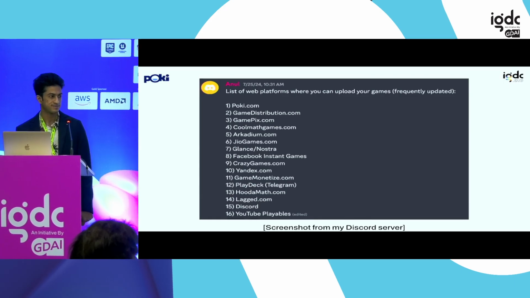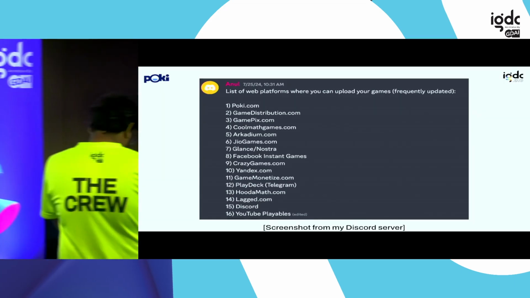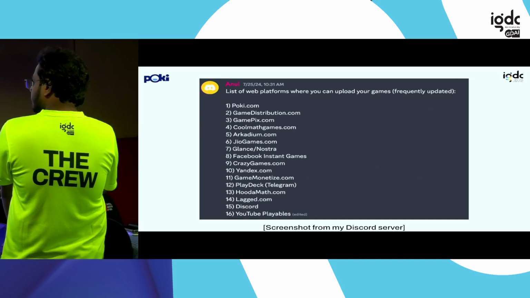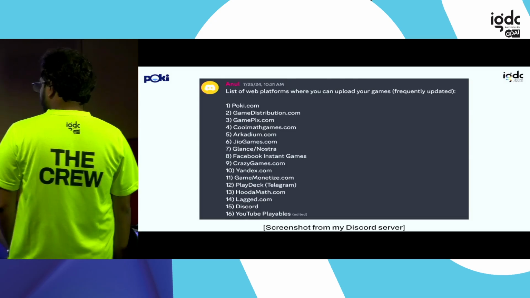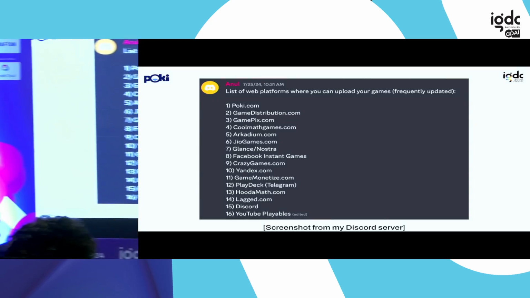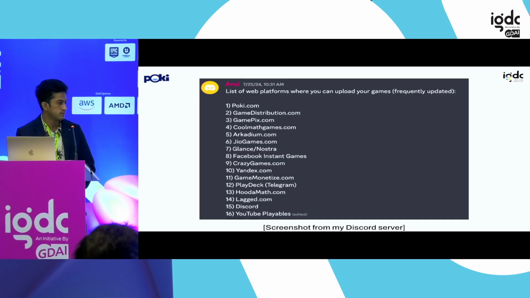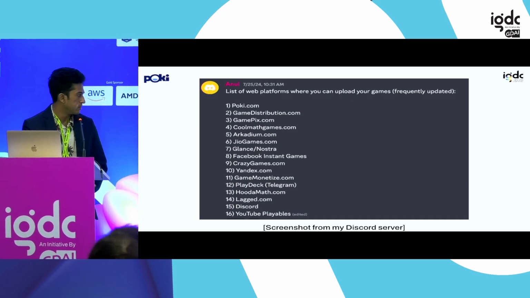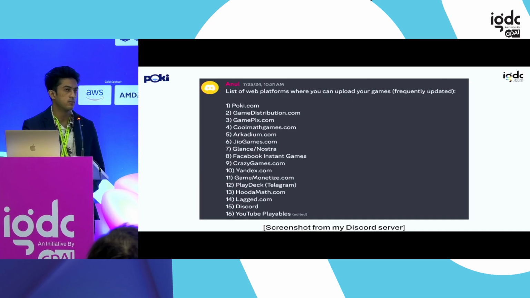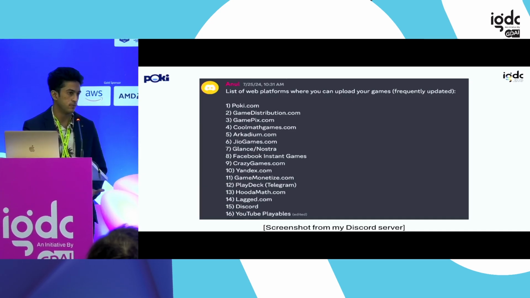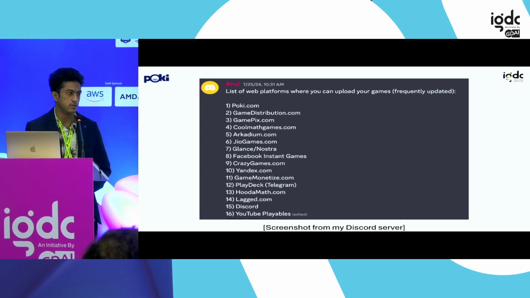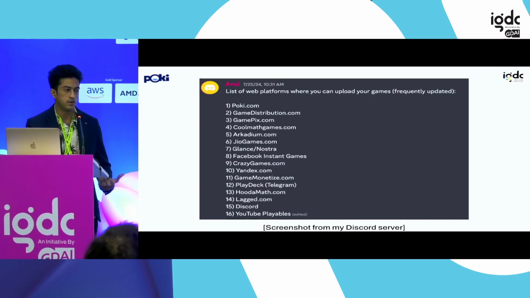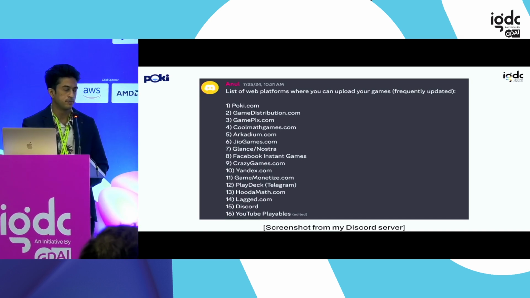Hi, thank you for the talk. It was really interesting actually. I learned quite a few new things. My question is also related to the list that you have put here. Do any of these platforms require that you have the game exclusively with them, or can you distribute to multiple platforms at a time? You can distribute to multiple platforms. Some would want your game exclusively for their platform. They could pay you a higher fee or higher revenue share in exchange. It depends on how you negotiate it with them. It's on a case-by-case basis.